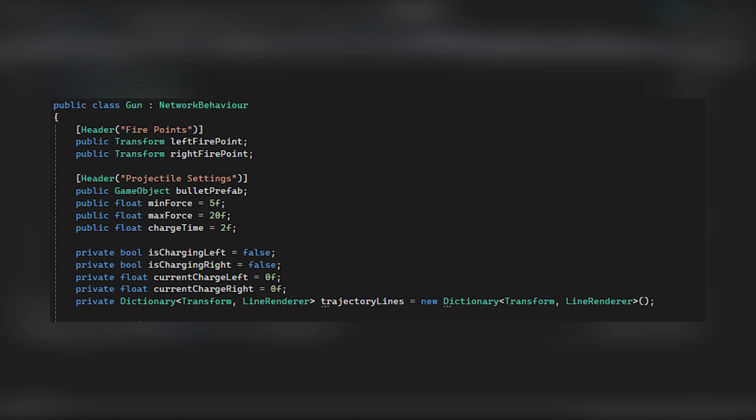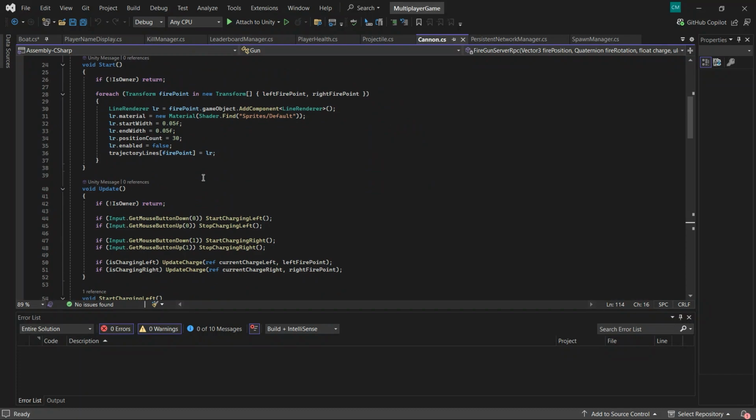And we have here the trajectory visualization, which is the private Dictionary of Transform and LineRenderer. This maps fire points' transforms to a line renderer for each shot. The purpose of this is likely to preview the bullet's trajectory before firing, similar to games like Angry Birds or aim indicators in FPS games.